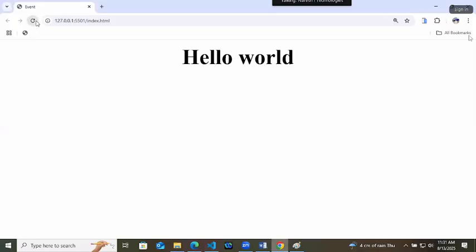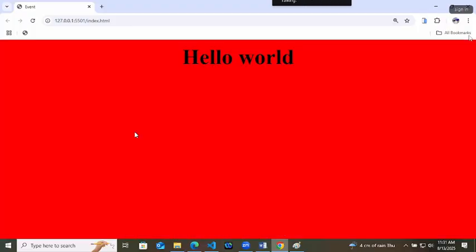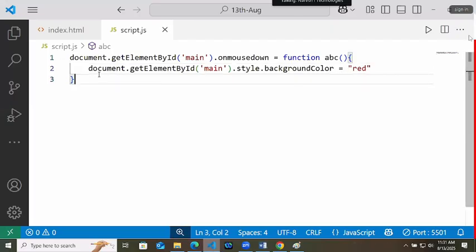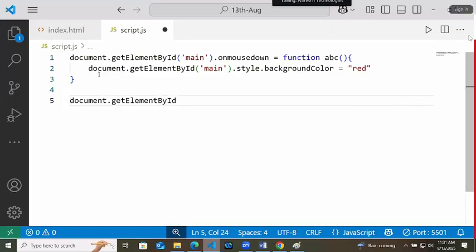Now this is our body, right? So here we are pressing the left key. But when you pressed it one time, in that only it changed the color. But when I'm removing the key, it should also change the color. For that, mouse up. Document dot get element by ID, same thing I will do.